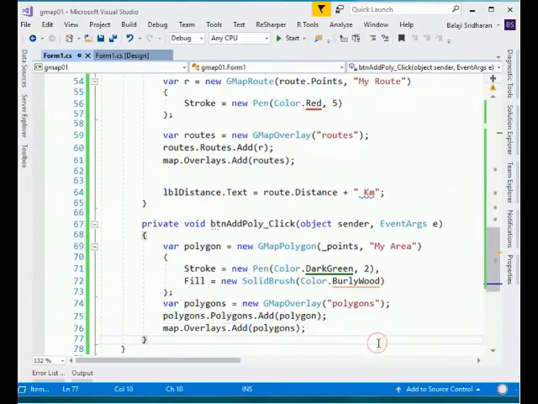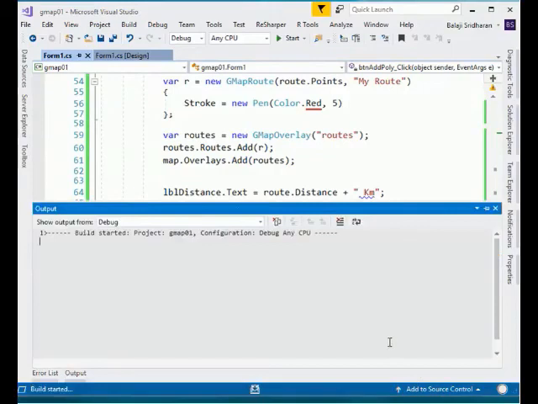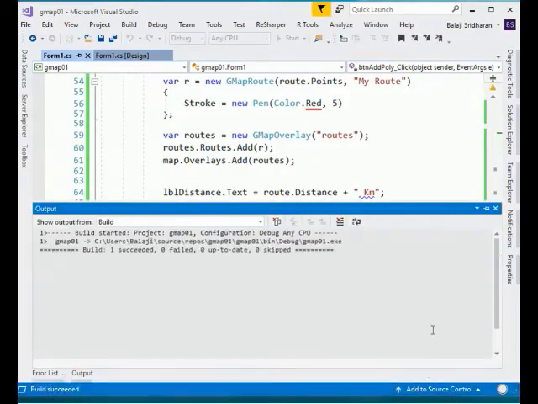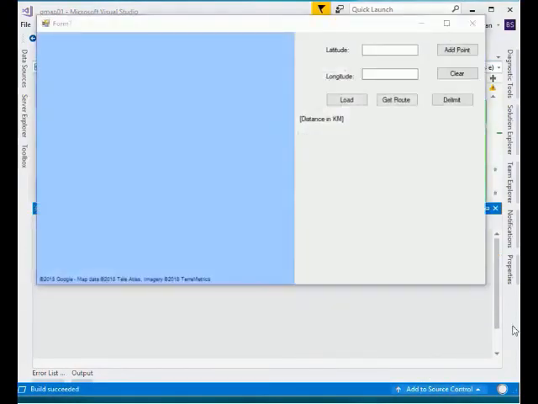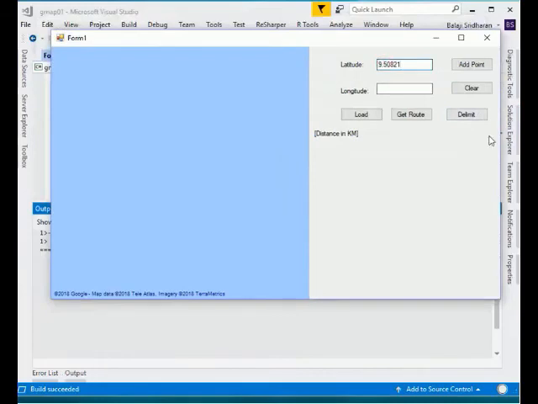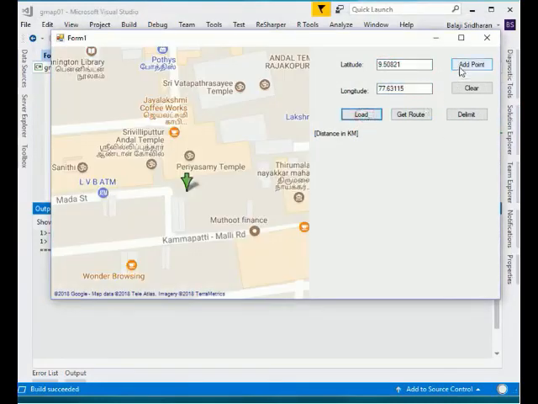Then with that, I will run this application by pressing Ctrl F5, and then I will put some of the points. So latitude, longitude, load, add point, another latitude, another longitude, add a point.